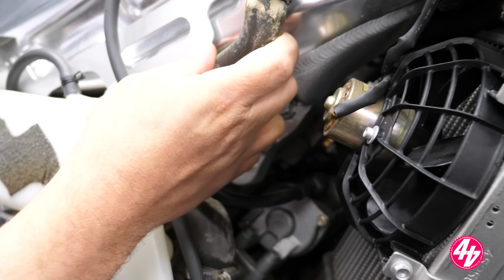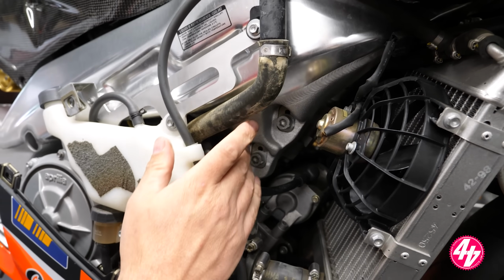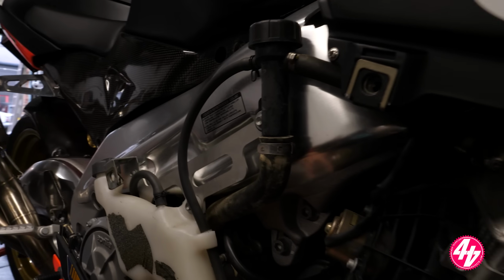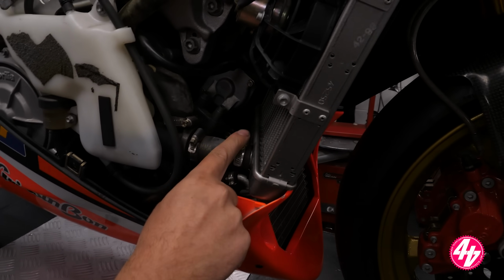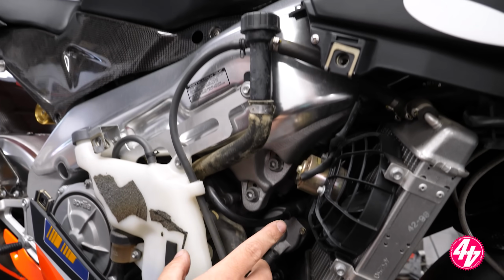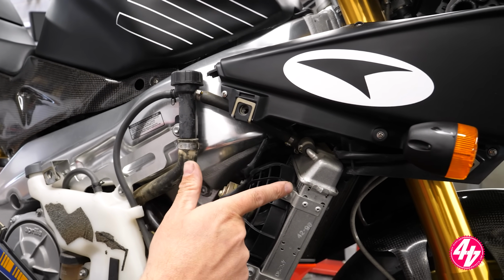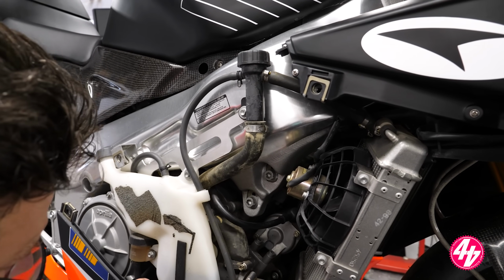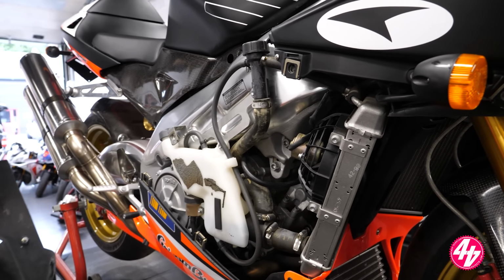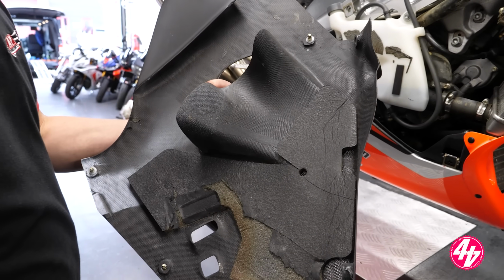Wow. So this has been cleaned up or partially restored, I would suggest, at some point, because obviously these are a bit grubby, and they didn't have these Jubilee clips as standard, so they've been replaced. They came with what are called constant tension clips like this. But if they're anything like the standard Aprilia clips on my RSV4, then they're absolutely terrible. But again, if you have a quick look back, this looks like it's...